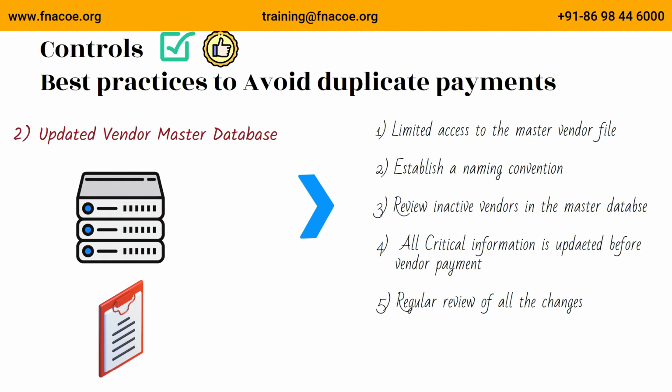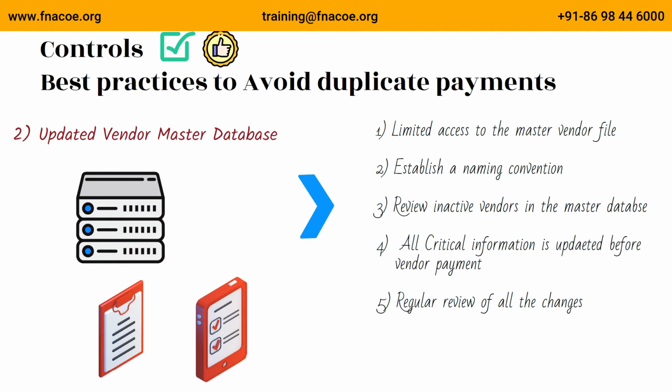if an account is not used for a while and the vendor becomes inactive, often a new master vendor file is set up. Then, especially if no strict naming convention is followed, there will be 2 or more master vendor file entries for the same vendor, and this can lead to duplicate payments. Establish a naming convention to be used when setting up vendors initially. Ensure that certain information like tax code, GST, PAN registrations, or any other local body taxing details are obtained before the vendor can be set up or paid.